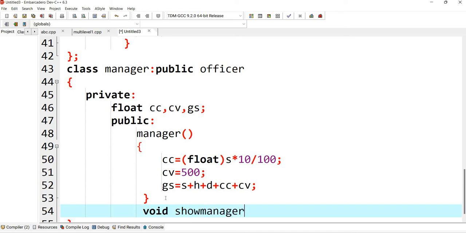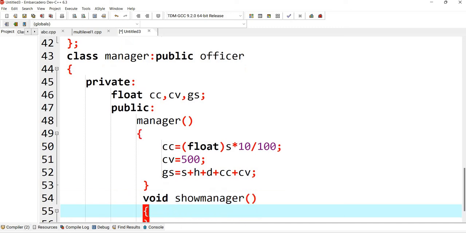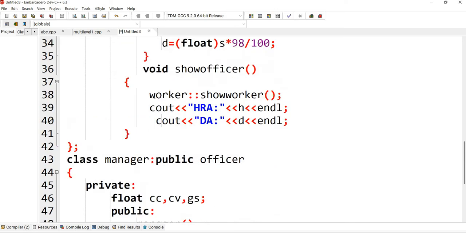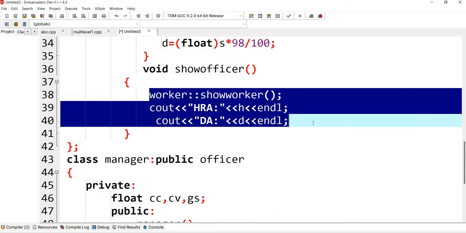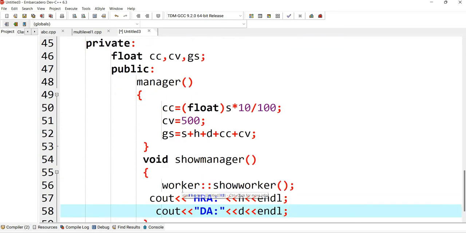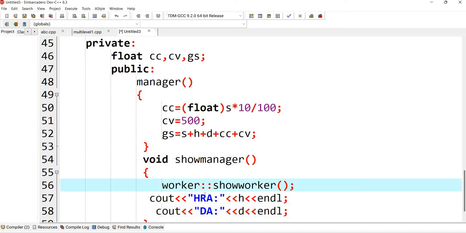For example, again just like the previous class, what I'll do, I'll call the previous member function that is called show officer. So this is show officer.